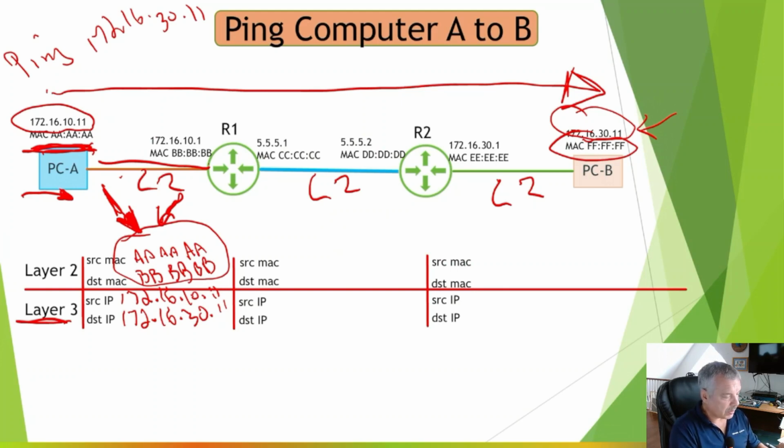Now, the router receives it, looks at the layer 2 information, says destination MAC is BB, that's me, takes the layer 2 stuff and throws it in the garbage, doesn't need it anymore. Takes the layer 3 stuff and says, oh, I need to go to the 172.16.30 network, looks at the routing table, all that wonderful stuff, and says I need to send it to router 2. So at this point, this interface on router 1,